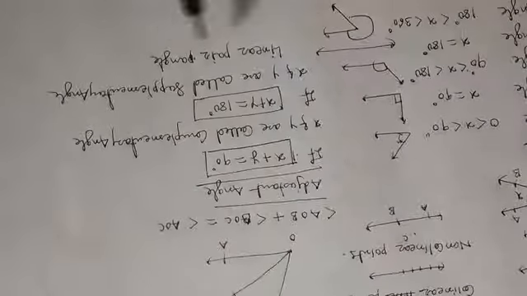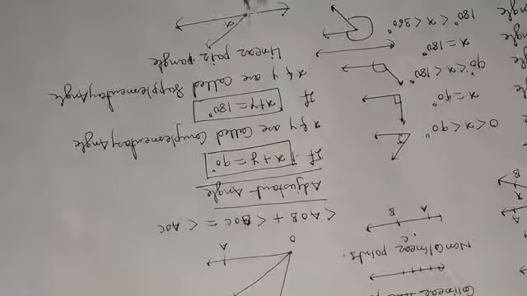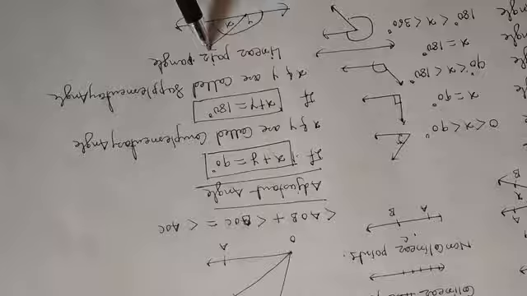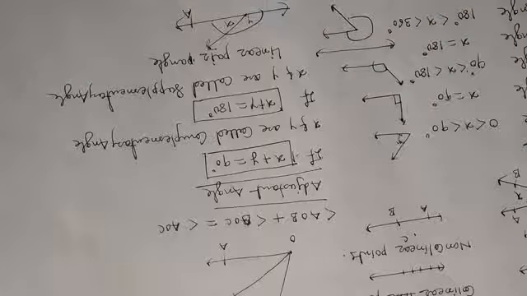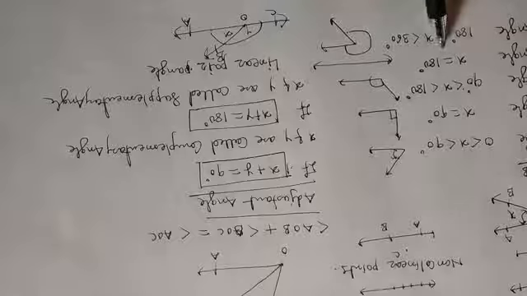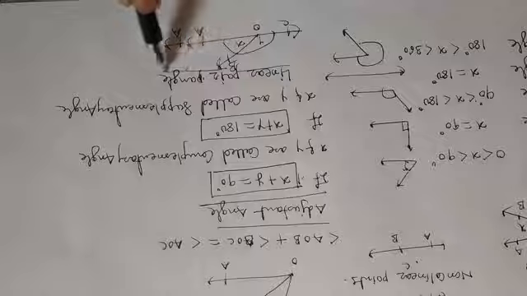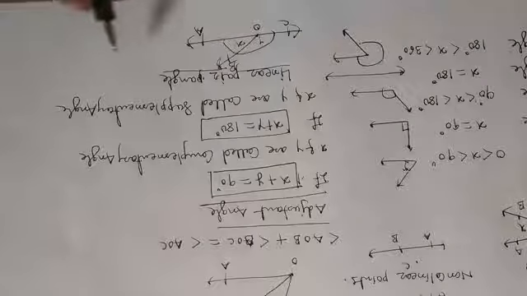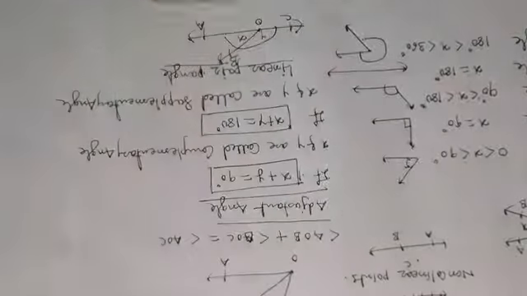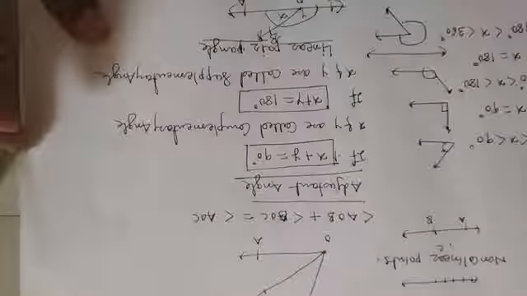If angles X and Y have a sum of 180 and they are adjacent, with A, O, B, C, then AOB plus BOC is equal to the complete angle AOC. What is AOC? AOC is a straight angle. So this is called a linear pair of angles. Hopefully you now know the types of angles and also adjacent, complementary and supplementary angles.